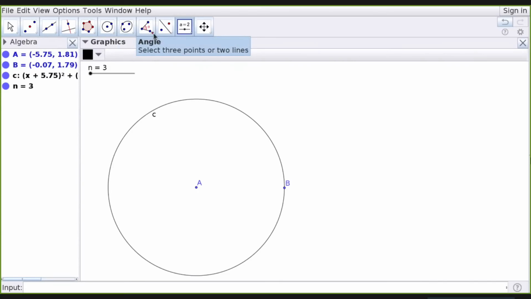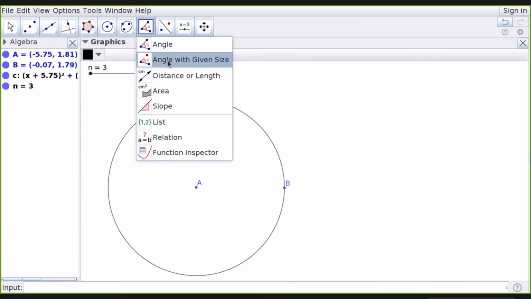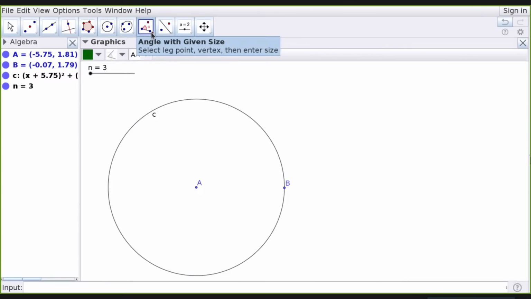Now I am going to select angle with given size. Once I take angle with given size, it will ask you to choose a leg point, then the vertex, then enter the size. So I will click on B, I will click on A, and it will ask what value you want to type.